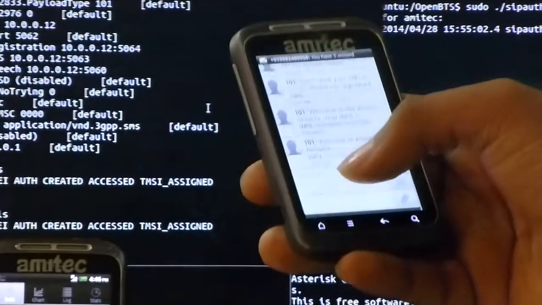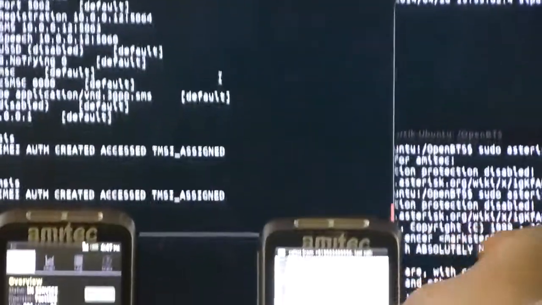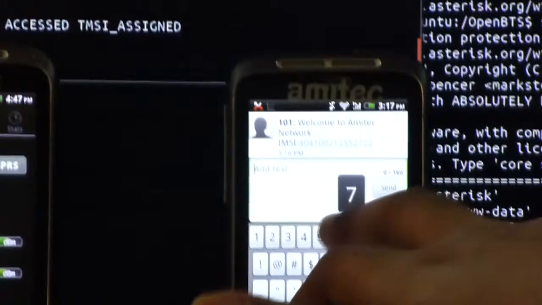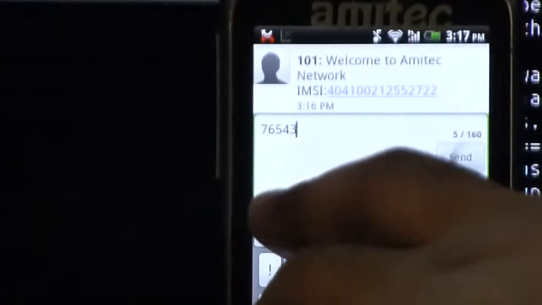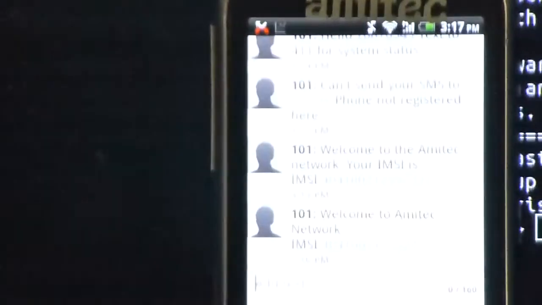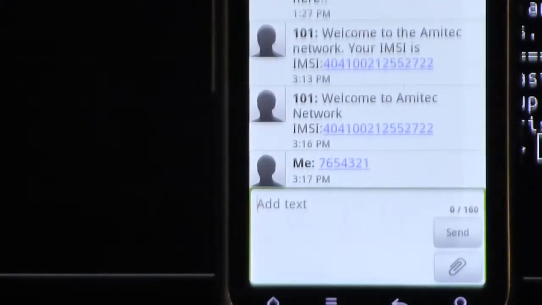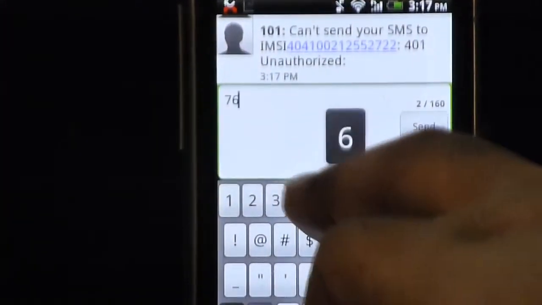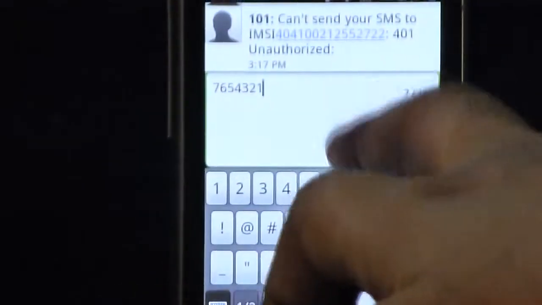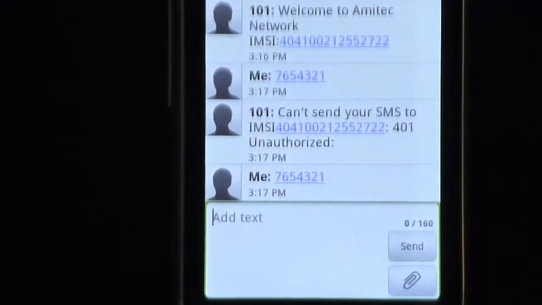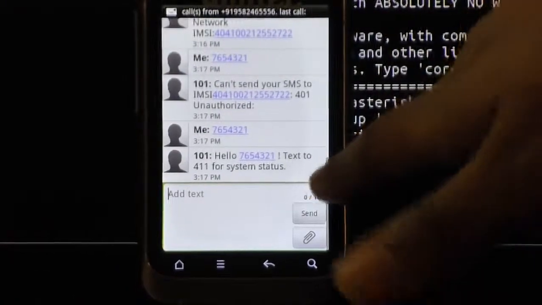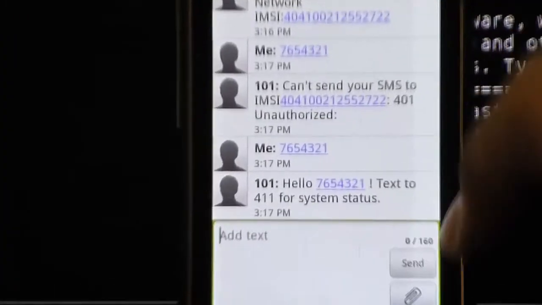Suppose I register it with the mobile phone number 7654321. Now I have received a message from our base station saying: hello 7654321, you have been registered on this base station.